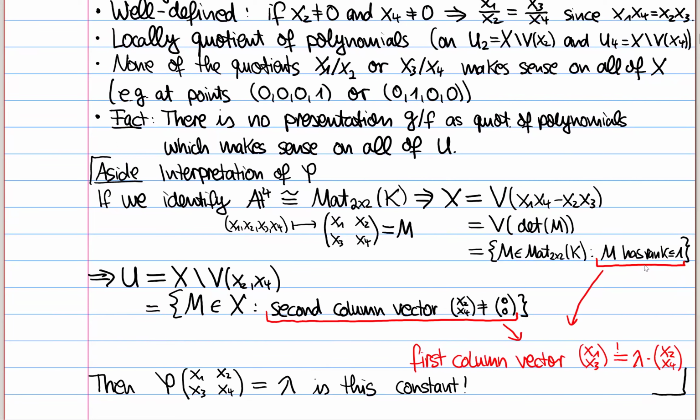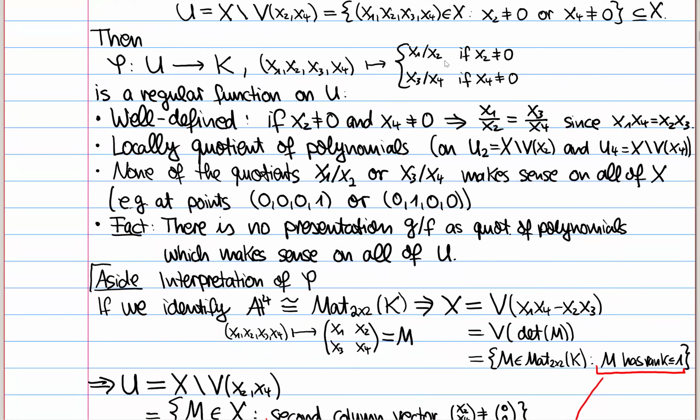And then these two facts, M has rank less or equal 1, and the second vector is non-zero, imply that the span of the two column vectors has rank 1. The second one is non-zero, so this means the first one must be some multiple, by some element lambda of K, of the second one. And then if you look at this function here,